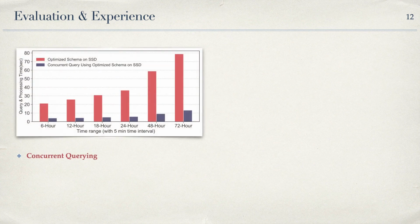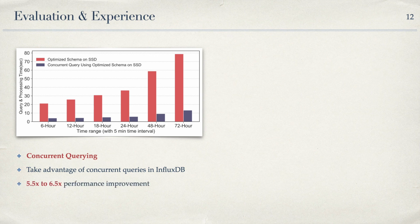In addition, we investigated to improve performance by taking advantage of concurrent queries in InfluxDB. We achieved 5.5 times to 6.5 times performance improvement from concurrent querying, which shows that concurrent querying is another vital technique to design